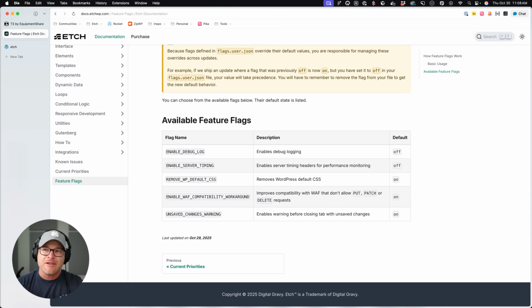Because the downside of an ACF or a Metabox integration is that you still have to leave Etch. So when it's time to make custom post types, when it's time to make custom fields and assign those things, you got to exit Etch and go to the magic area of these various plugins and do work over there and then return to Etch. And that's what we're trying to eliminate. And we've eliminated that in a lot of different ways.